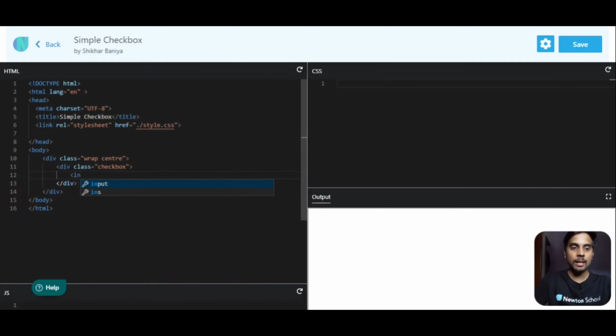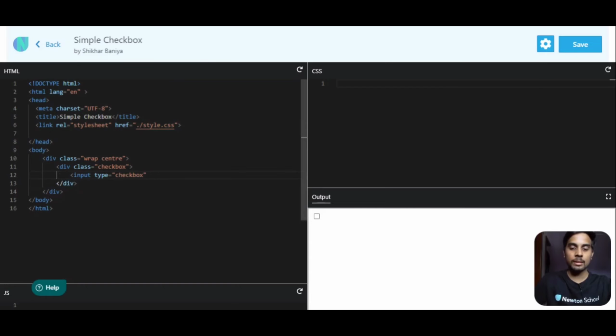And inside this I want an input of type checkbox. Sorry, type is checkbox. So as you can see, we got this checkbox.